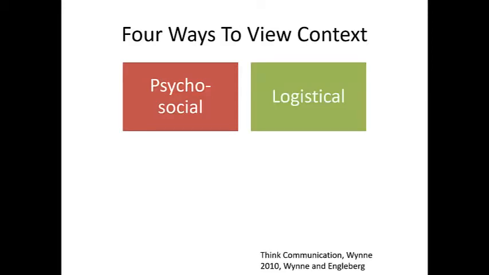Another way to understand context is logistical. This has to do with the time and space that you're speaking in. If you're speaking in a classroom at, say, 7 o'clock in the morning, that's a really early time for an audience to be awake and to be thinking. And a classroom presents its own special logistical concerns, both resources that might be available, since it's designed for presentational communication, but also some challenges. It can feel industrial, or it can feel institutional. So you're thinking about all the logistical concerns.